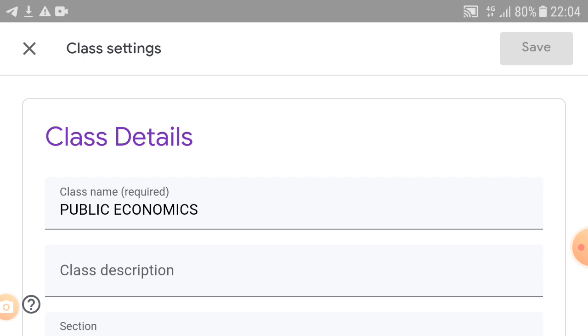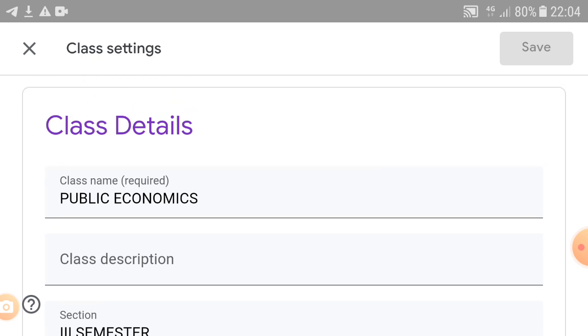In the create class, the same details are there. Why? Because I already created it. Whenever we click create class, these details are asked before entering into your paper.